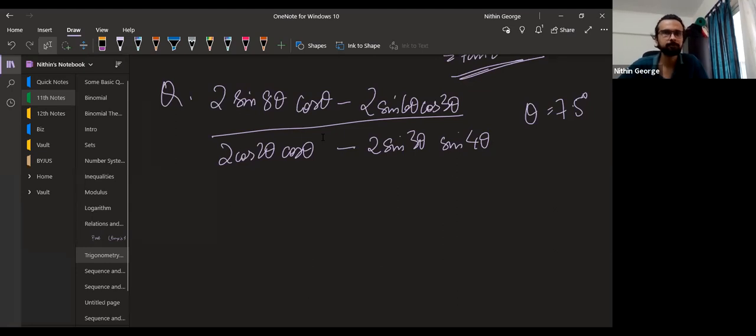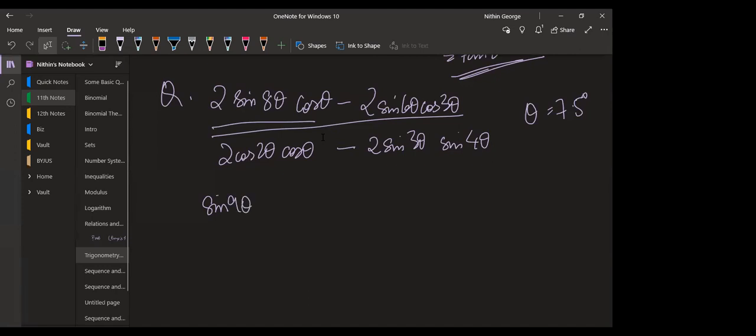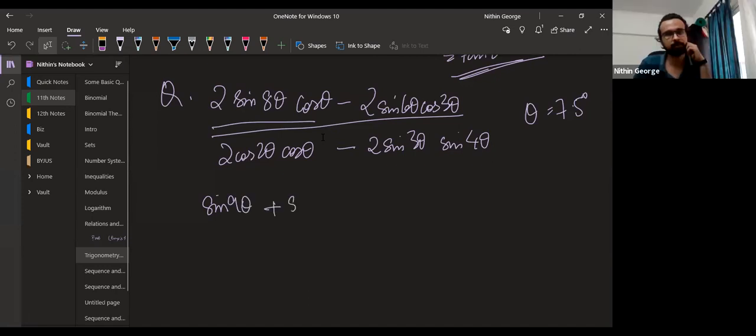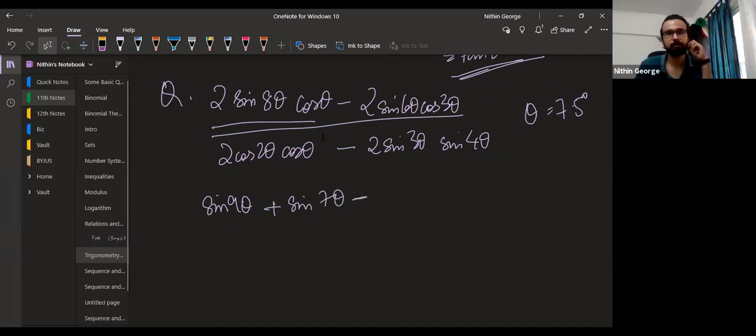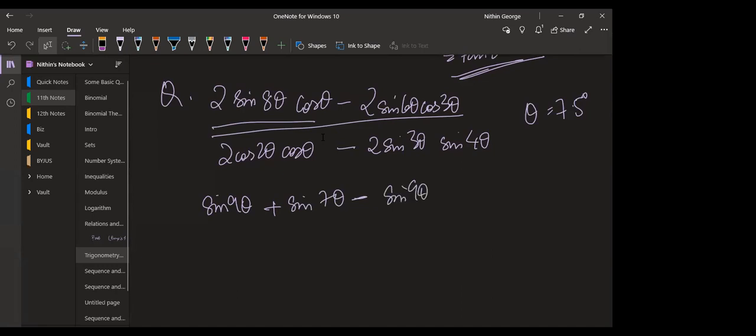How do you solve this? The first term in the numerator becomes sin 9 theta plus sin 7 theta. And then the other term becomes sin 9 theta minus sin 3 theta. And the denominator becomes